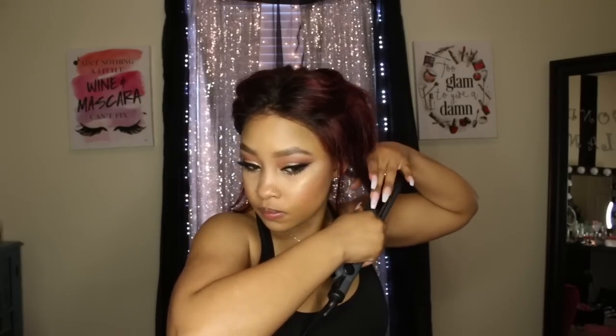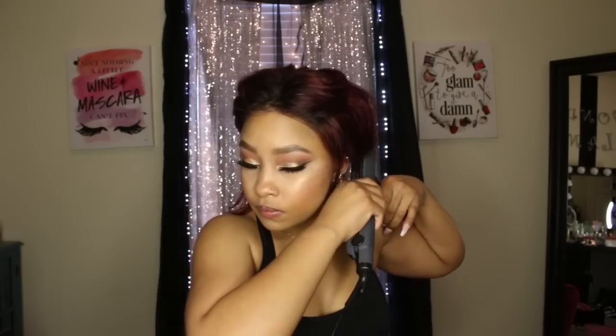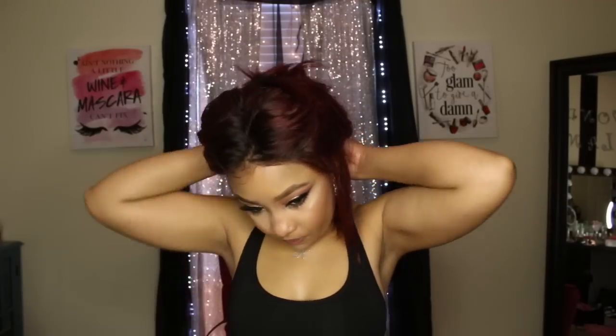So I'm just going to start bumping the hair, flat ironing it out to get it nice and smooth and everything. Just starting off with the back and working my way up. It's pretty repetitive, but I just wanted to do a voiceover for anyone who wanted to know more info. You can see Versace in the mirror over there. So yeah,